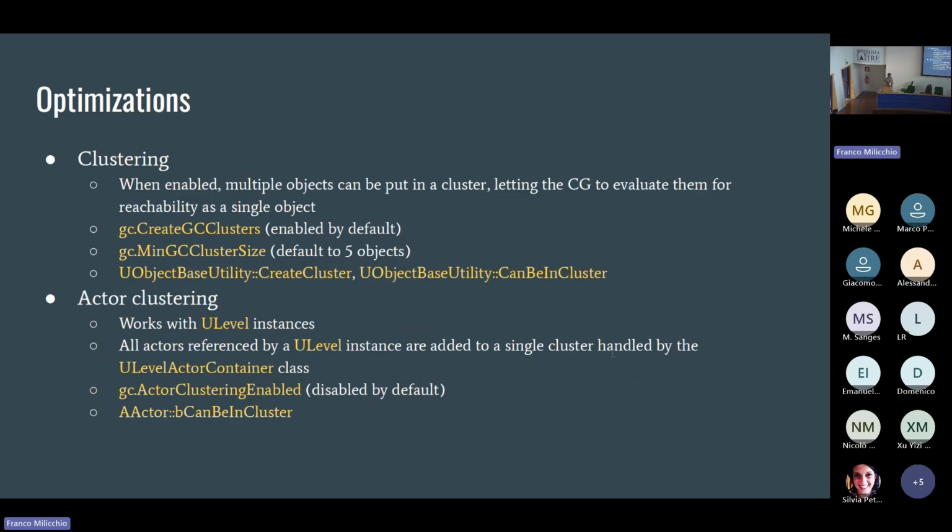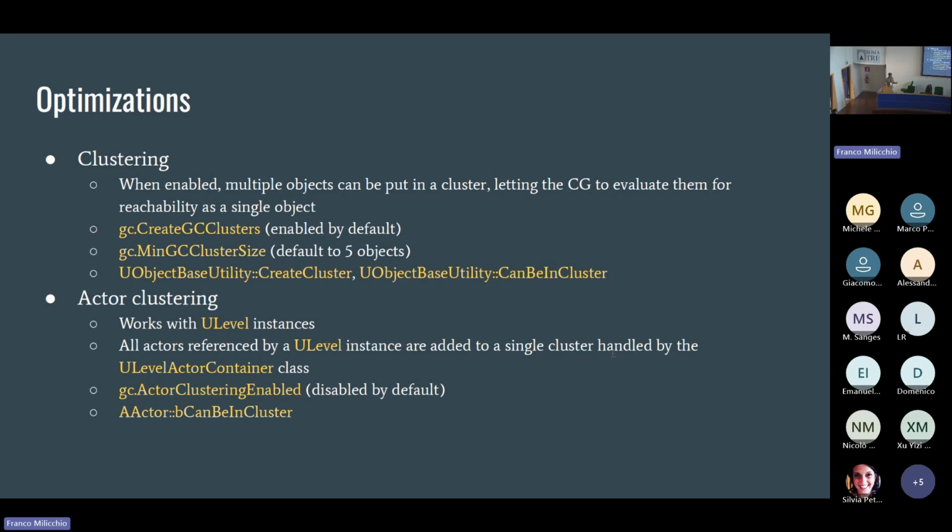Another optimization you can do is to have clusters. So instead of working on single objects, you can group several objects into clusters. So the GC will treat all these object groups together as one. And this will speed up the reachability analysis step a lot.